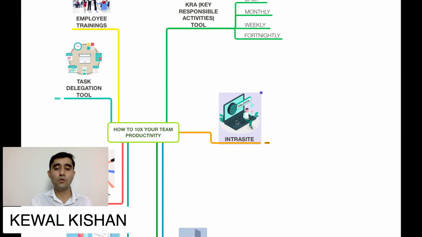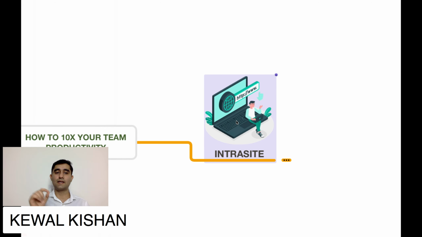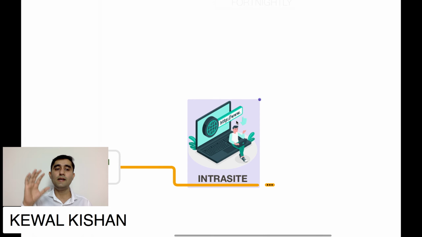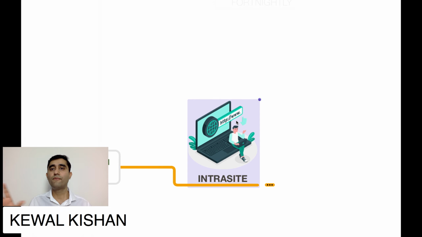The second tool which I'm going to talk about is the Intrasite. It is basically the internal company portal. If you have worked in any multinational or bigger company, you would have seen that every big company has an internal portal where, if somebody wants to apply for a leave, they go to the HR tab and apply for a leave. If somebody wants to give a lead to the company, they simply go to the Intrasite, go to the sales tab and fill in a lead. So the Intrasite is basically your internal company portal